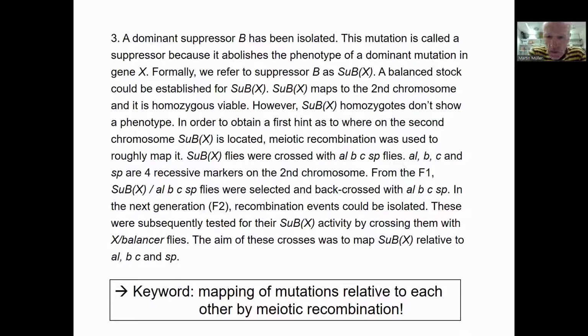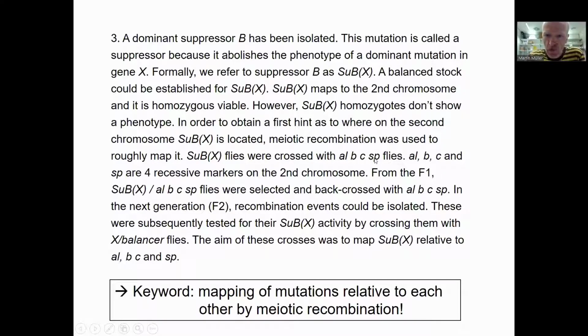And that is important information if you want to answer this question completely correctly. Okay, so the information we have is that the suppressor is homozygous viable, and the other stock which we have to talk about is this here,